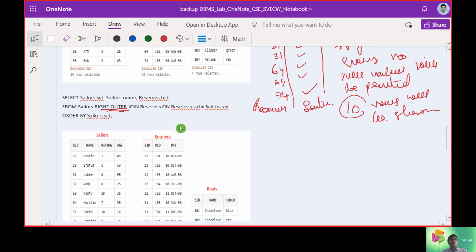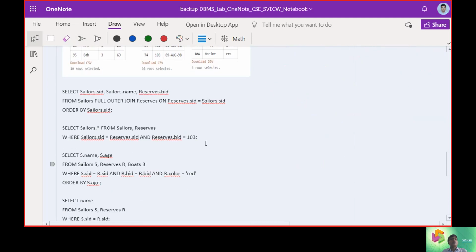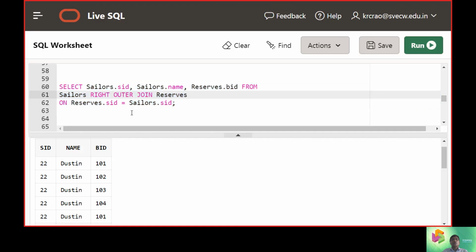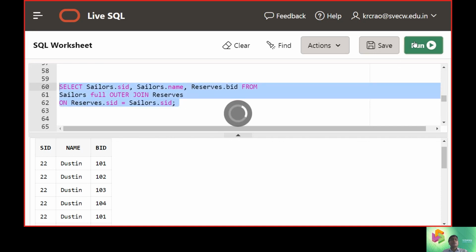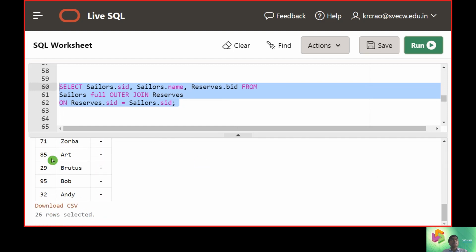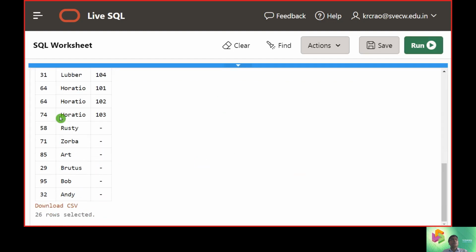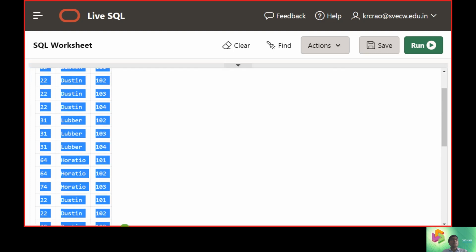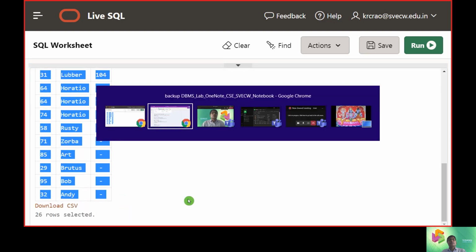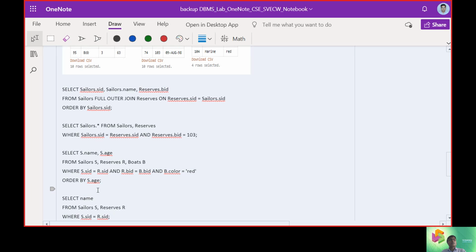Now check what happens with the full outer join. When we call it a full outer join, it takes up both the conditions. It takes up both the conditions and gives the maximum elements, bringing up the maximum elements in both cases.